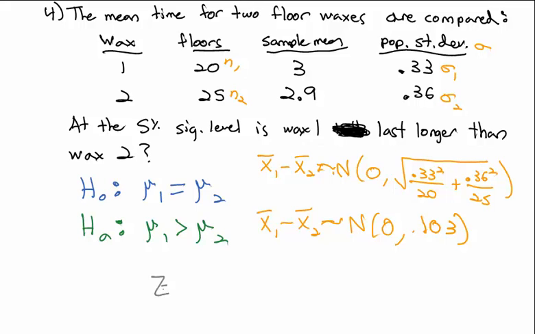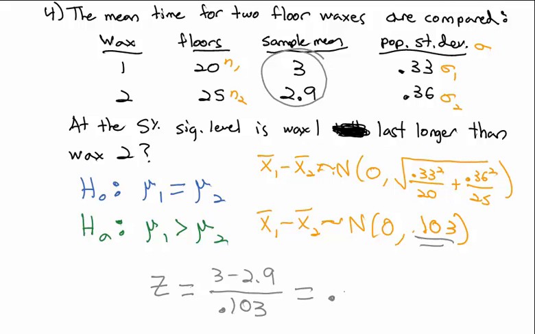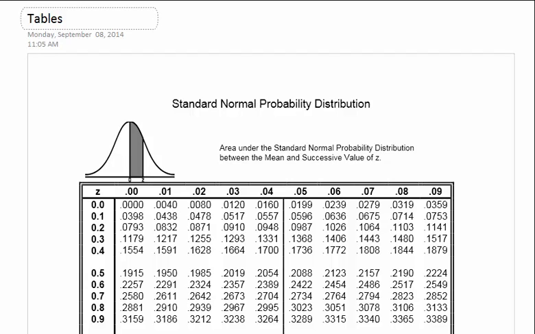So now we're ready to calculate z. Z is the difference in our means, 3 minus 2.9, divided by my standard error, which is 0.103. So my z value is 0.97. Now that we have a z value, we're ready to go up to our table to find 0.97. Actually, before we do,